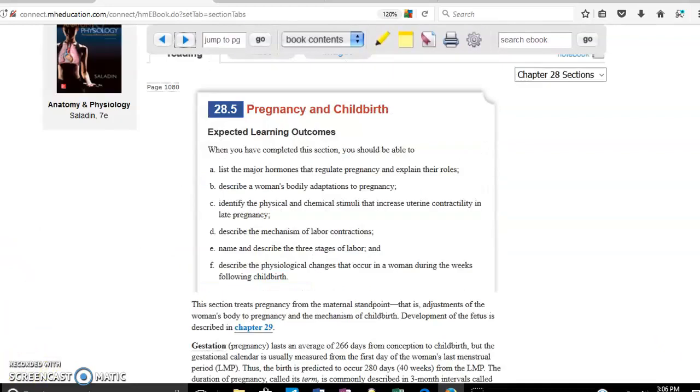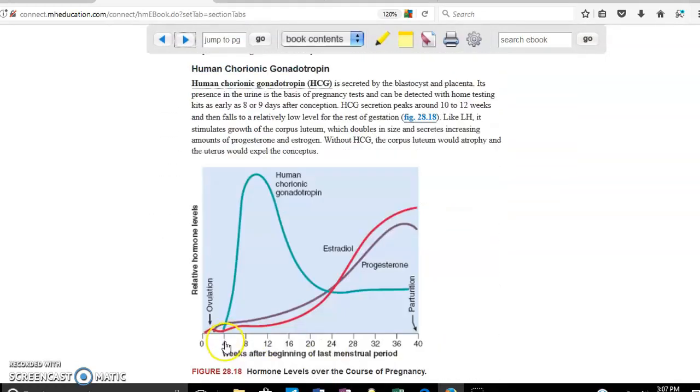That's it. Okay, the next topic is pregnancy and childbirth. This is obstetrics and gynecology, and this is not a class for that, but there's a few things to mention related to the hormones that are going to change when the female is pregnant. Pregnancy obviously is going to be the reproductive cycle. Scroll down. In week approximately 4 to 5, there's going to be an increase of human chorionic gonadotropin hormone that is produced by the placenta. Then you can also see that estradiol and progesterone start increasing by week 20 in order to maintain the pregnancy.